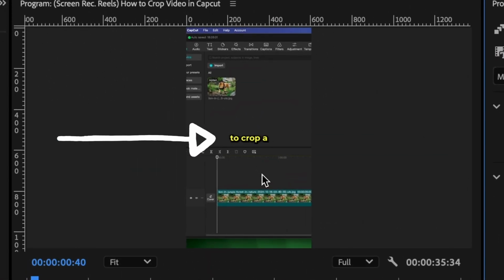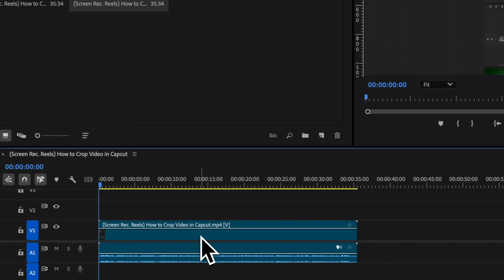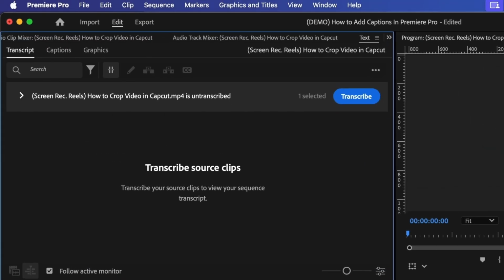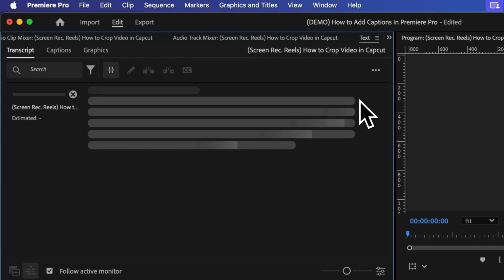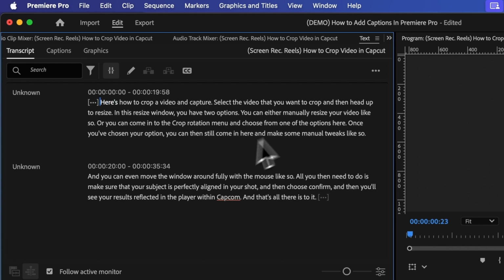How to add captions in Premiere Pro. Let's get into it. Select the clip that you want to transcribe and then head up to Window and go down to Text. In the text menu, we want to make sure that transcript is selected and then choose the blue transcribe button. Next, we want to play through this transcript and ensure that all the wording is correct